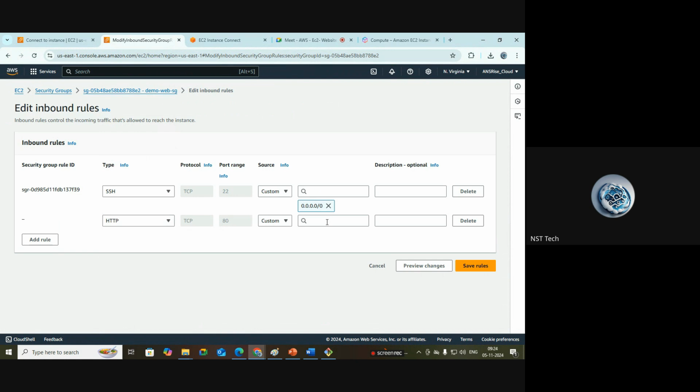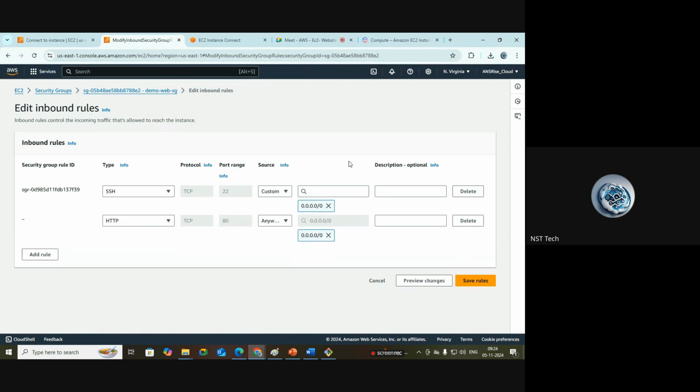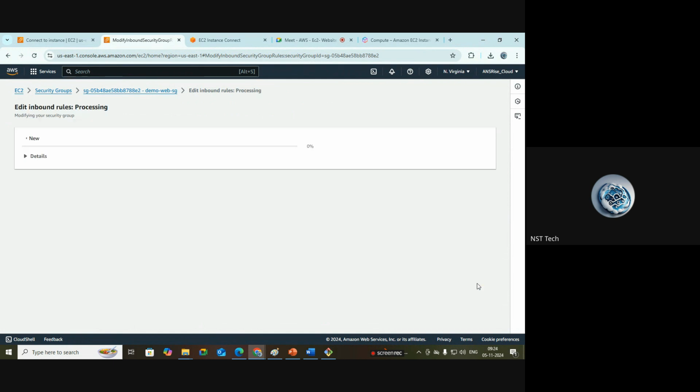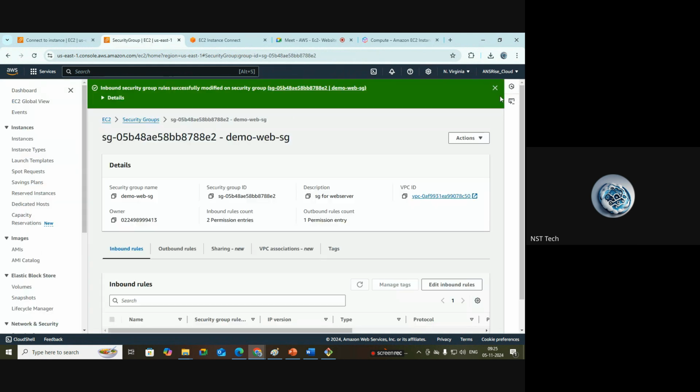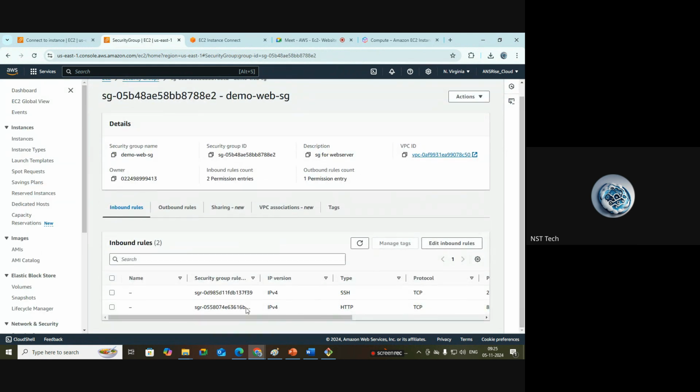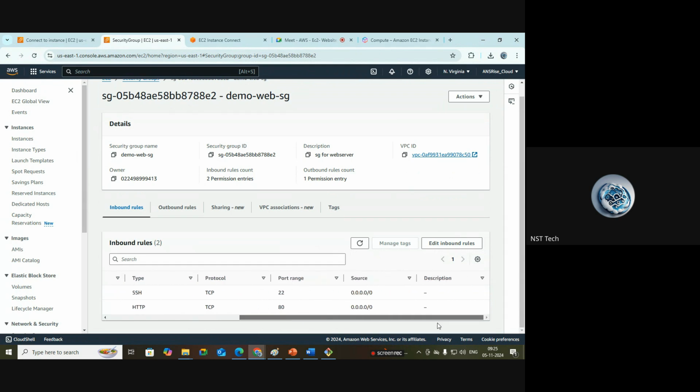And the source means from where you want to connect. If you give 0.0.0.0/0, it means from anywhere in the world, anywhere in the network, you can connect to this website, you can connect to this server. If you want to access it from a particular IP range or a particular network, you can give that IP range or a particular IP address. But for now, I want to access from all over the world, so that's why I'm selecting 0.0.0.0/0. Just click on save rules. With this configuration change, we have now allowed the HTTP traffic